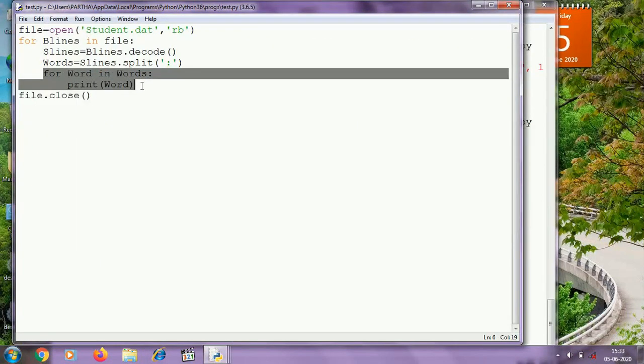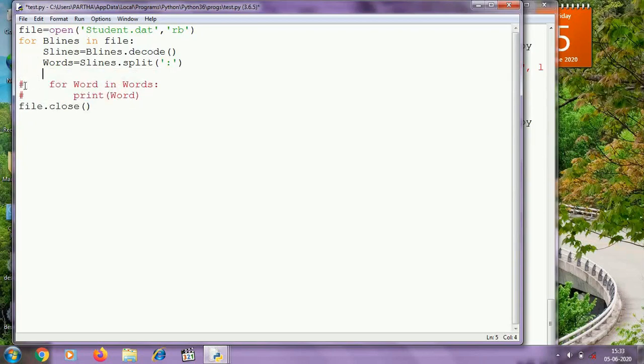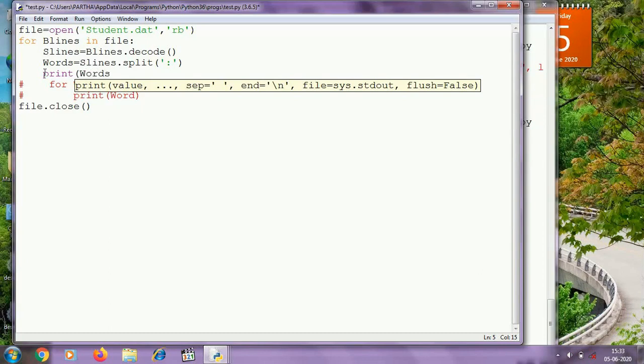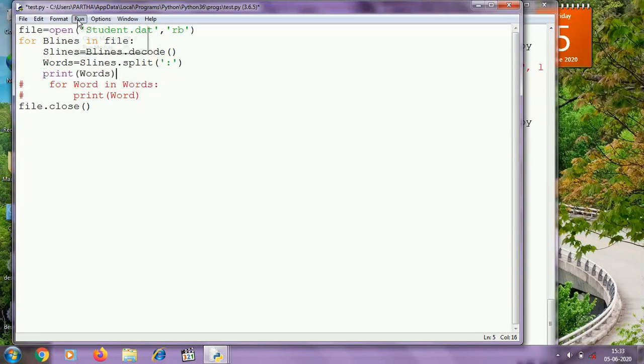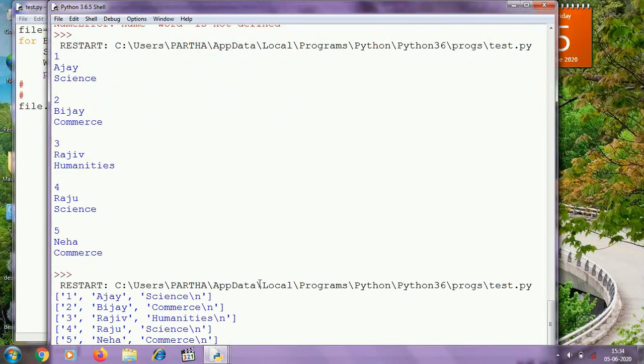For this I want to show you one thing. Let's see. Hash means basically it is comment. Interpreter will not execute these codes. Now I am going to print the list words. You can see in each iteration the lines are fetched from the binary file, and using decode method we are converting the lines to strings.